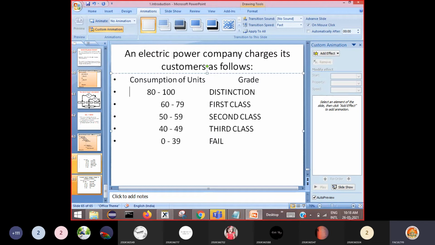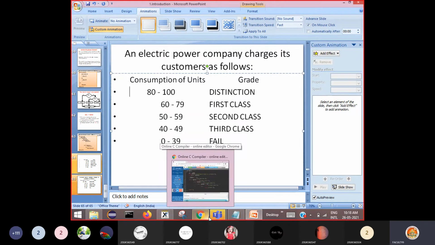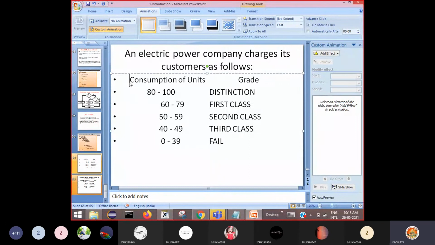The current reading will be noted, and based on the previous reading minus the current reading, you will get the number of units consumed. Yes or no? That is the general calculation. Hopefully everyone is aware of this. Okay, so then the rate of charge.